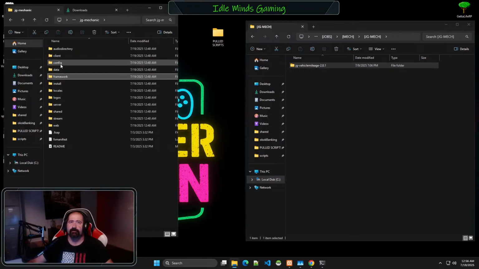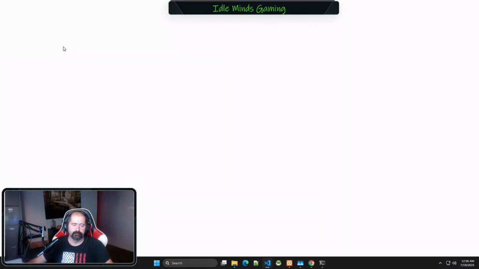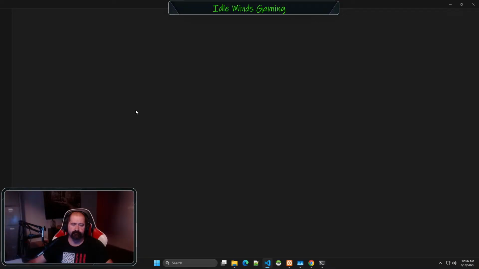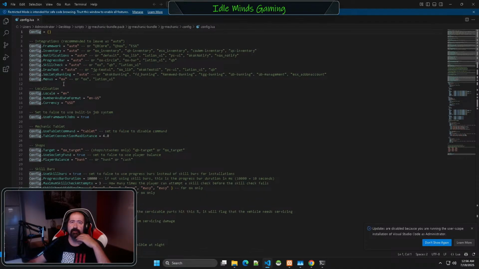So we just need to. Got the items, we got the pictures. We need to go in here. So main config is here. Most of this is auto. You can leave it on auto if you want. If something doesn't work the way you want it to, go back and change it. Let's see. For this one, the only one I think you probably would need to change. I know we need to do this one